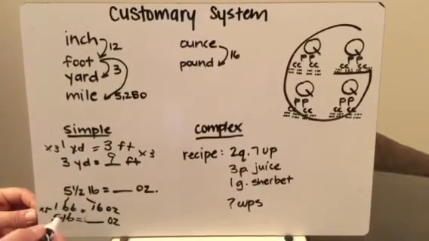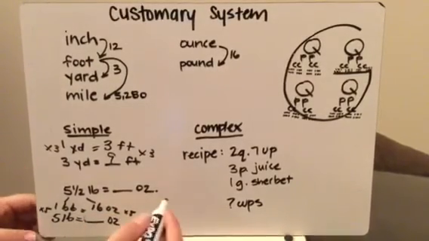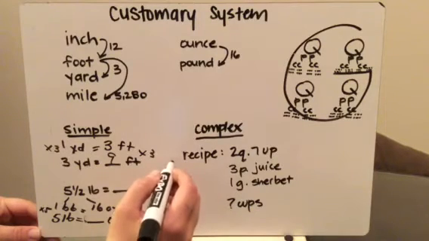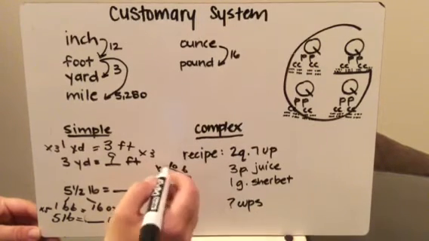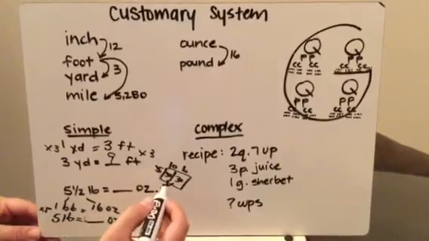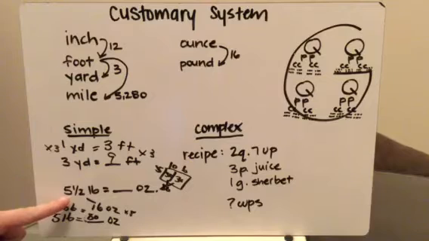I multiplied them by 5. So let me multiply my ounces by 5, okay? Well, 16 times 5, I can use one of my little area models over here. 16 times 5, that's 50, and that's 30, so it's 80. All right, so now I got to be careful there because that's only the 5 whole pounds is 80 ounces,